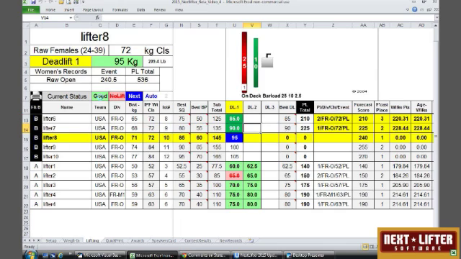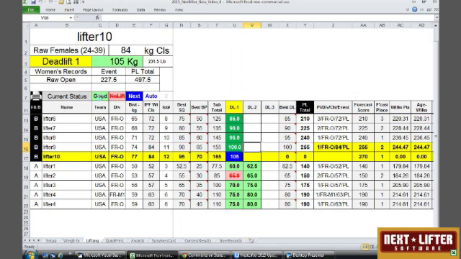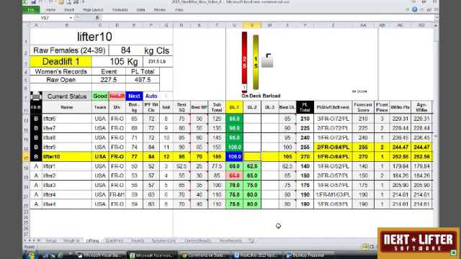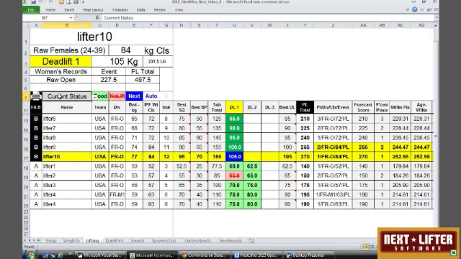Okay, so everybody's filling in, and now essentially we're at the end of the contest, even though these guys could go on and do some more deadlifts. But I'm going to assume that this is where the contest ended. I've got placing and scores for everybody, but they're not in any particular order. I could print out the current status, but that's not very well organized. So what I'd like to do is go